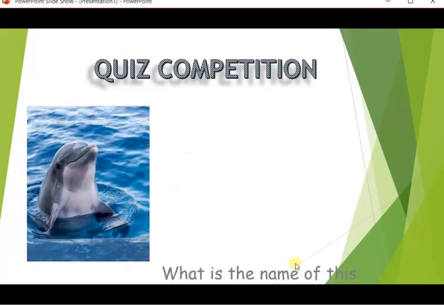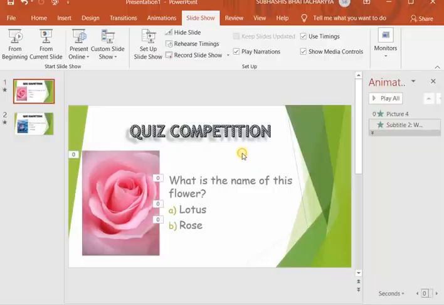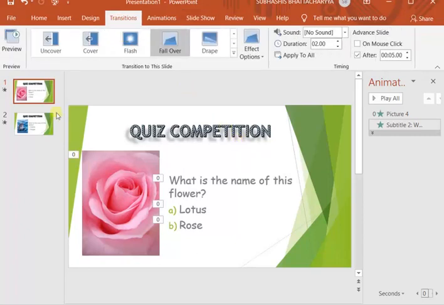The animations are automatic. Now the transition is also automatic. But while moving from the first slide to the second slide, the transition has not taken place. The effect has not taken place because we have not applied the transition to all the slides. Only the first slide we have applied this transition.